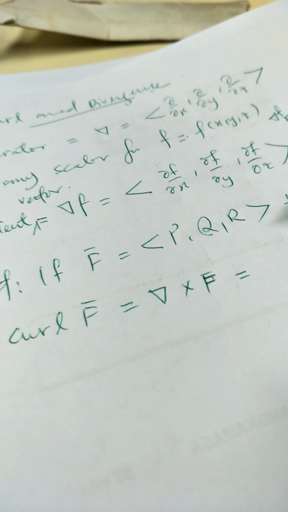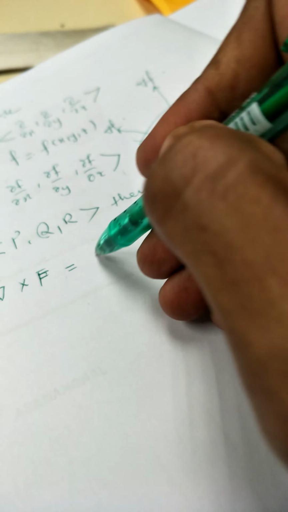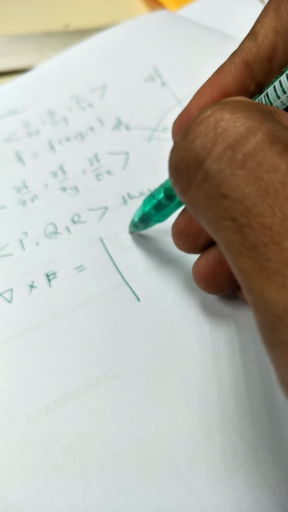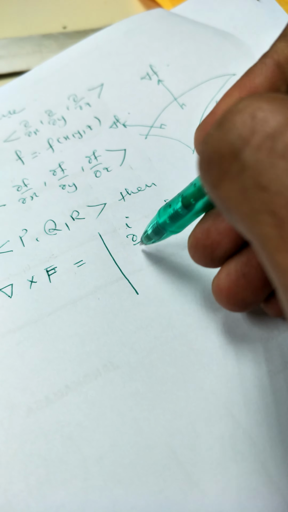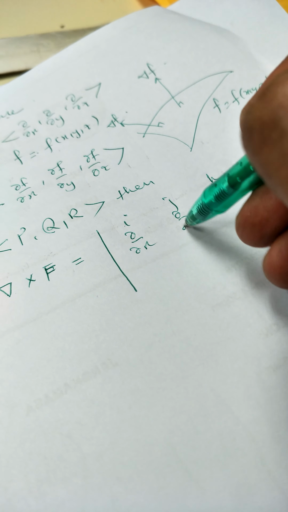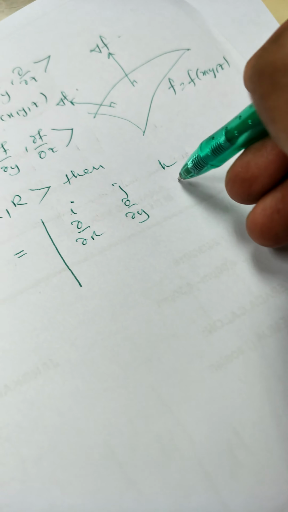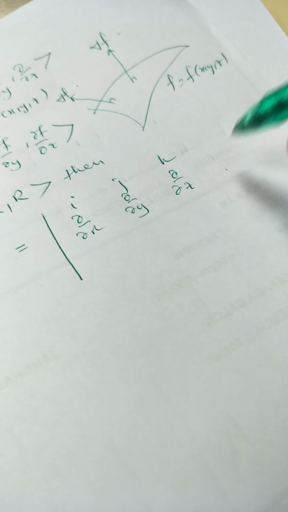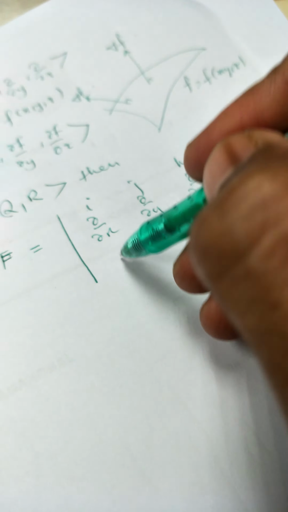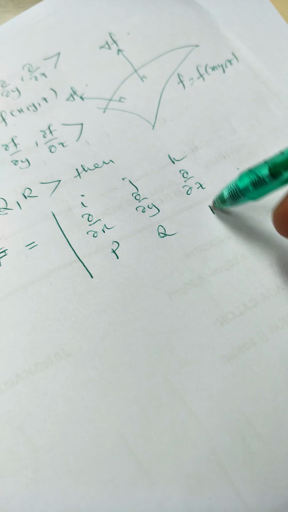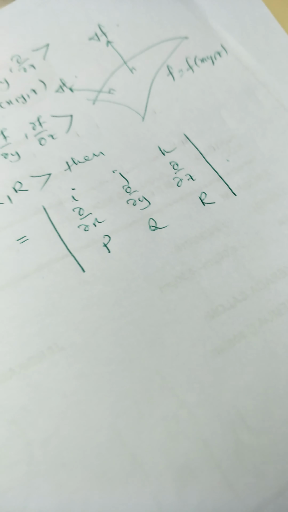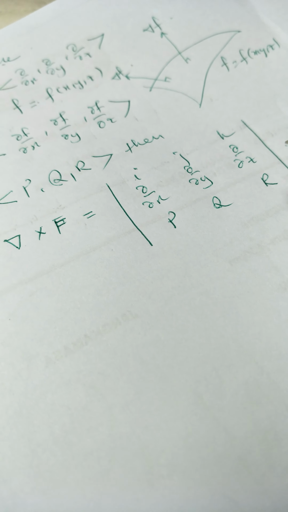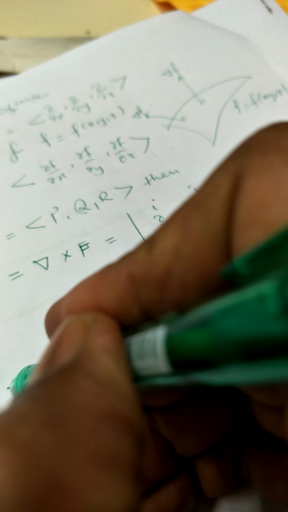This is how to find this. Del cross f, where i, j, k, del is del x, del y, del z, and f is P, Q, R. Okay, so this will give you